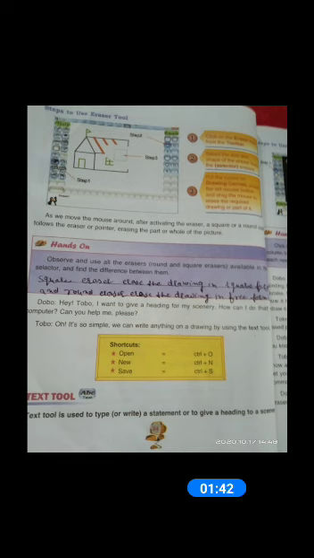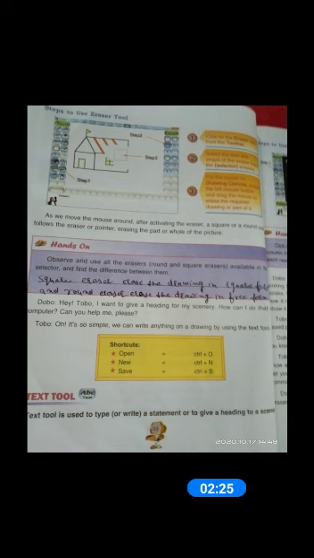Now students, there are the shortcut keys. The shortcut key to open a drawing is Control plus O. These are combination keys: first press the Control key, and along with it press the O key. For a new file or new drawing, the shortcut key is Control plus N. Press Control, and along with it press the N alphabet key on the keyboard.